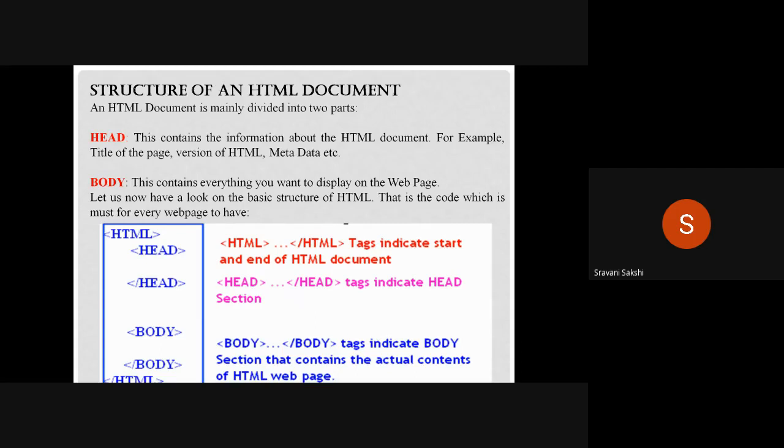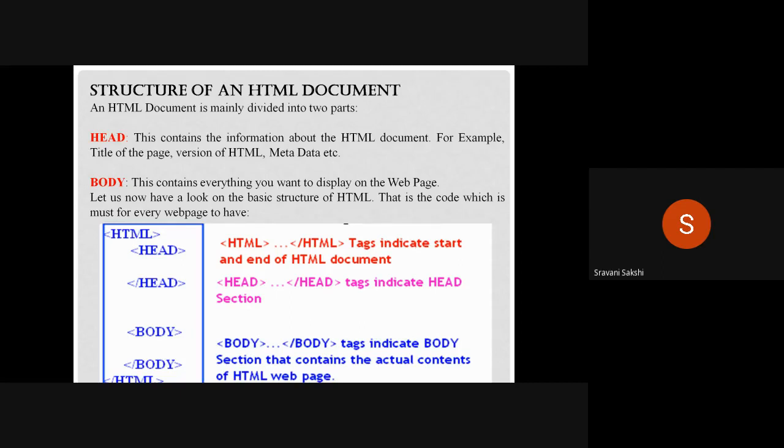Okay, next comes to the head section. So as I have already mentioned, head section is used to give the information, or it contains the information about the HTML document. So it again consists of different types of tags.